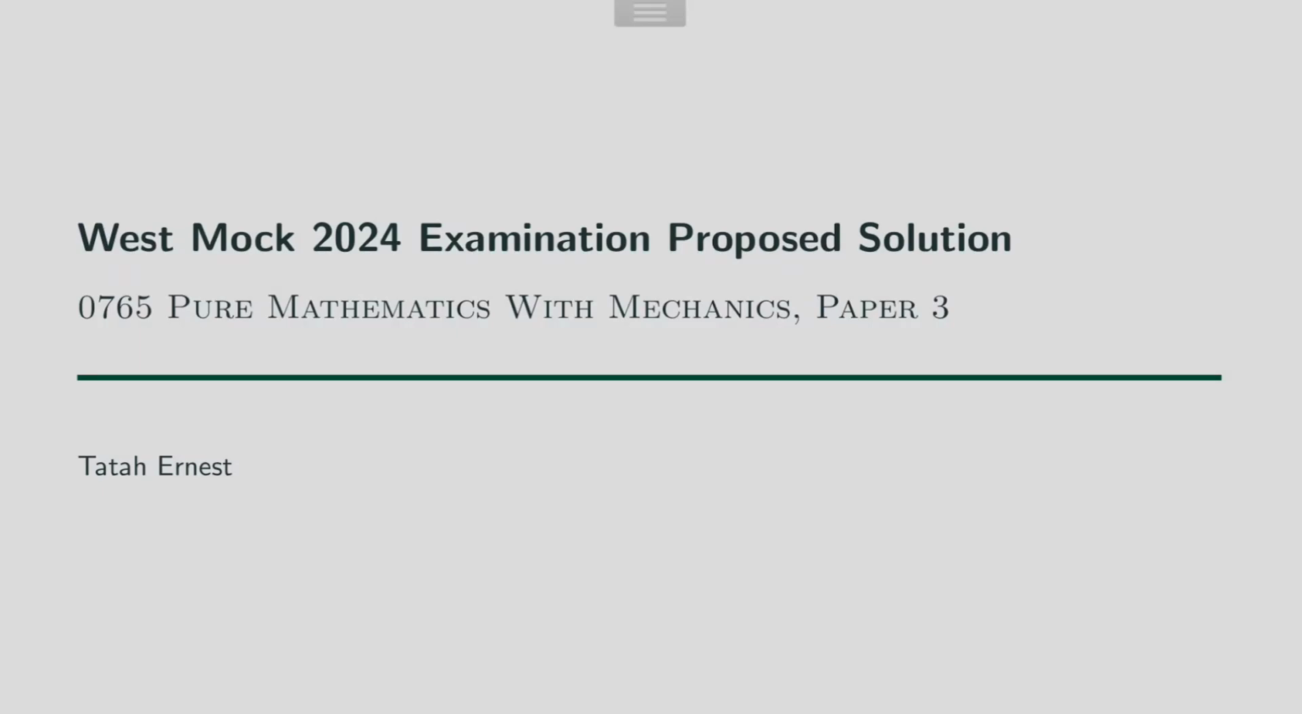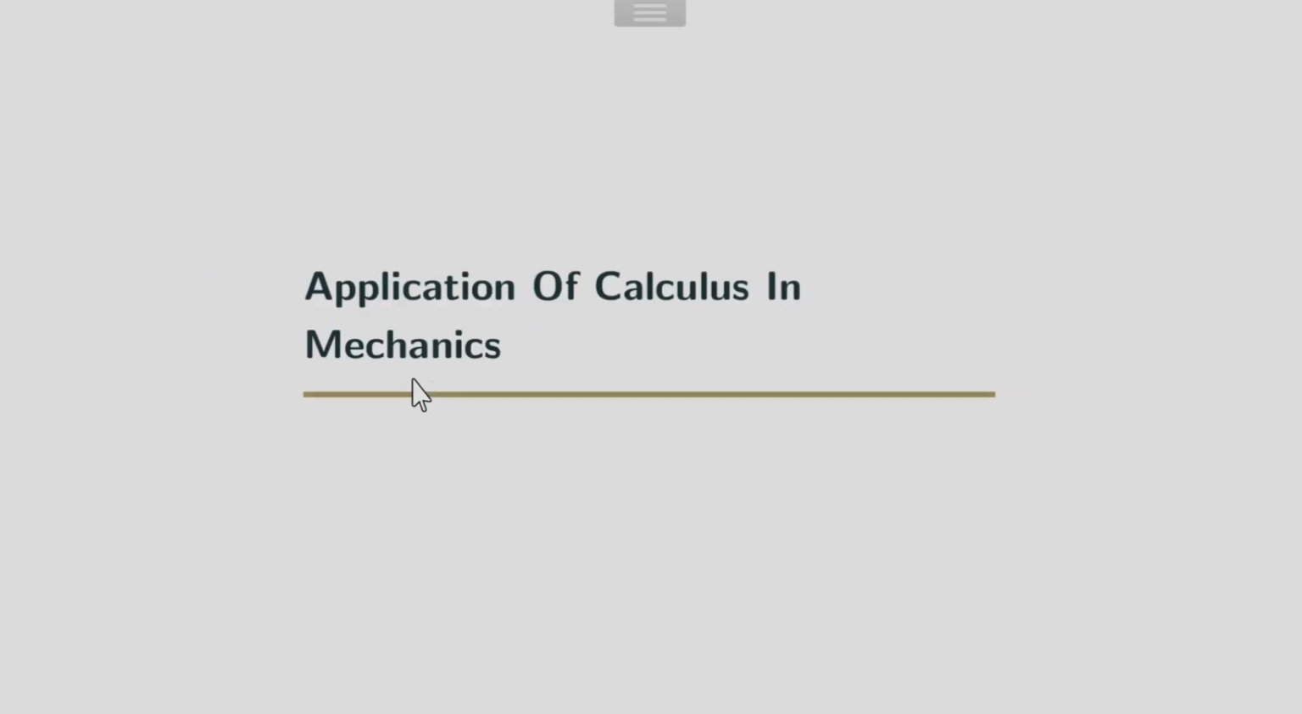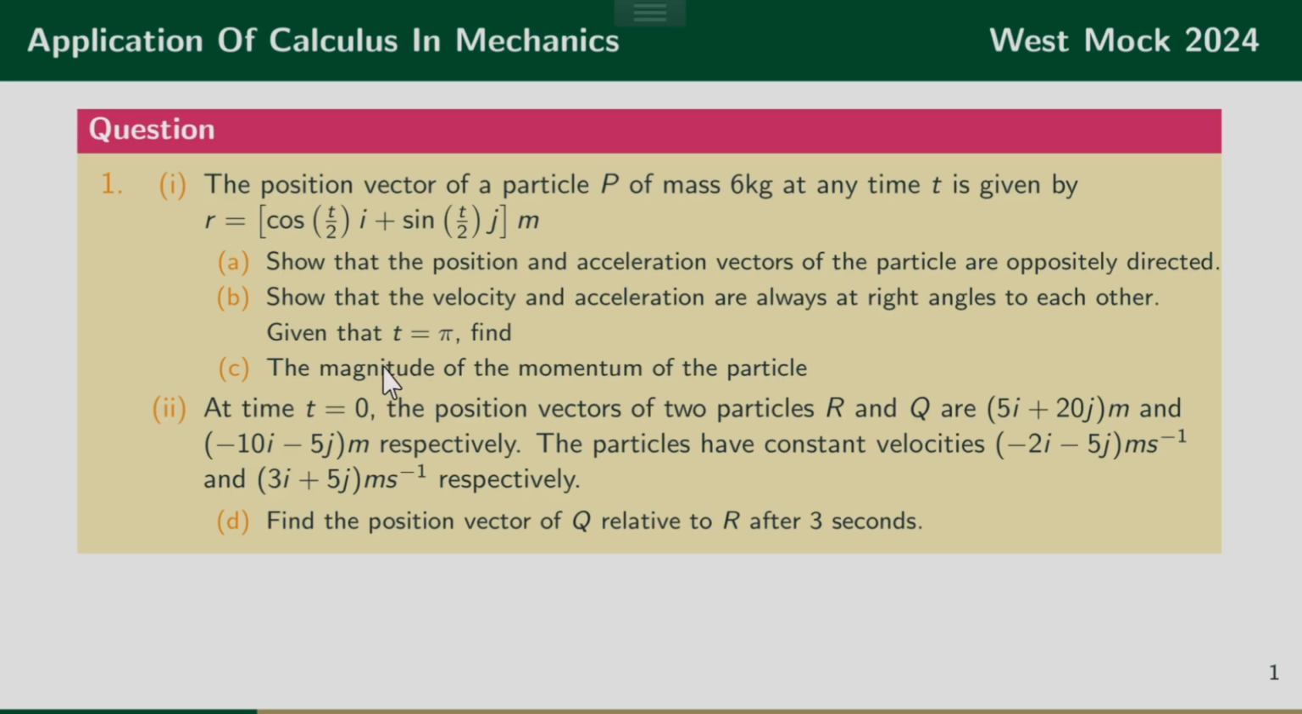Welcome to this video presentation where we'll be looking at the WAEC Mock 2024 examination proposed solution for Pure Mathematics with Mechanics, Paper 3. The question you are looking at is on application of calculus in mechanics, and the question reads: the position vector of a particle P of mass 6 kilograms at any time t is